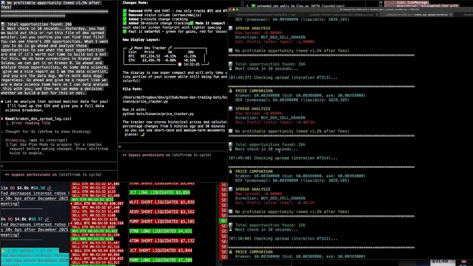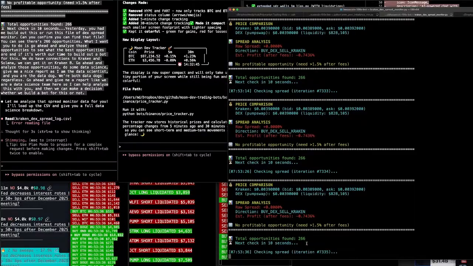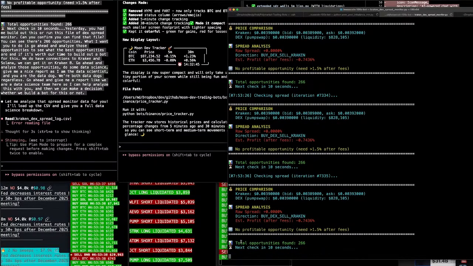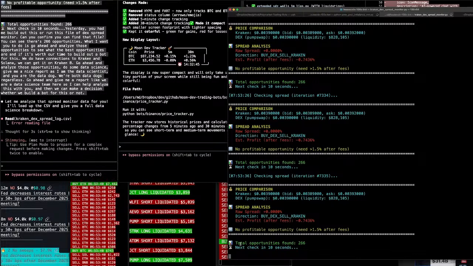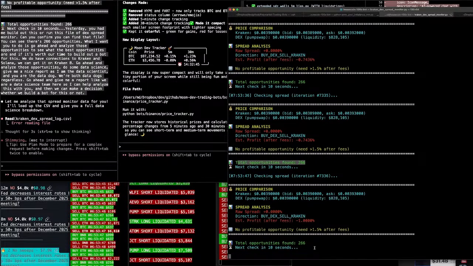So I was like, all right, I'll launch it and let it ride, but I bet nothing's going to come from it. That being said, it found 266 opportunities. That's 266 trades it could have taken overnight. That's pure arbitrage. Arbitrage is where you're able to buy and sell in two different places at the same time to lock in an automatic profit.